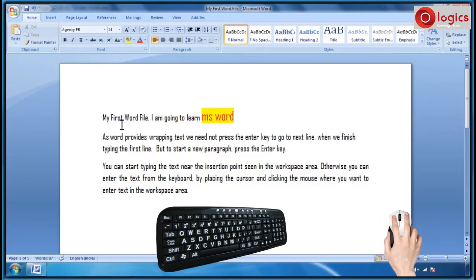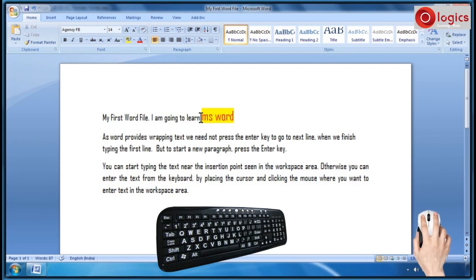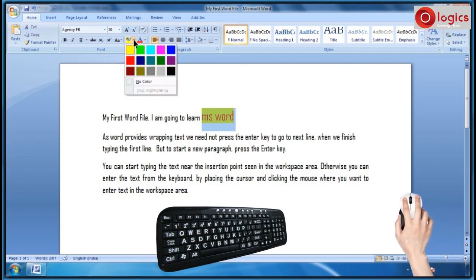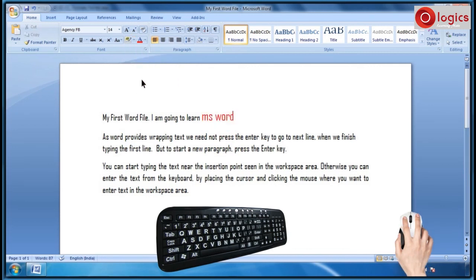Select the highlighted text. Click on text highlight drop down box. Click on no color. See, the text highlighted color disappeared.